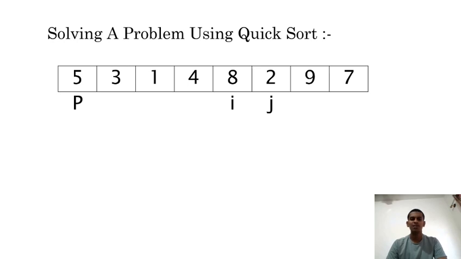After swapping, 2 is I and 8 is J, and now it's not satisfying the conditions, so I should move forward, and I comes to the place of J and J comes to the place of 2. And once I overtakes J, the J element should be swapped with the pivot element. Once the pivot element is swapped with the J element, 5 came to the place of 2 and 2 came to the place of 5. Now 5 came to its position,